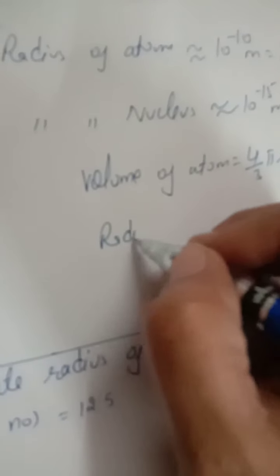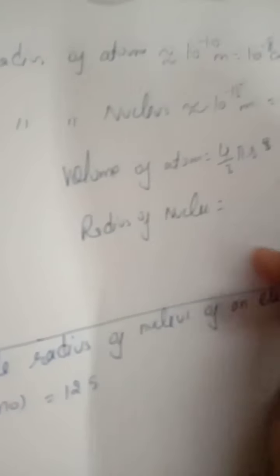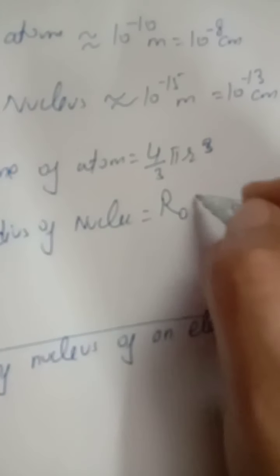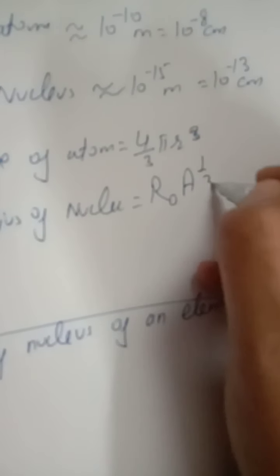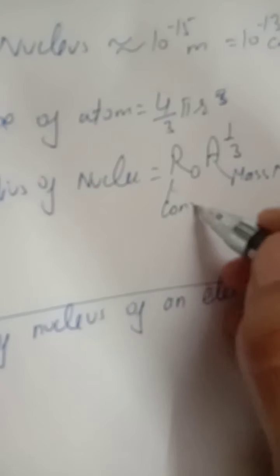And volume of atom is equal to 4 by 3 pi r cube. And radius of nucleus, you can find out if mass number is given. It has the formula r naught A raised to 1 by 3, where A is mass number and this r naught is a constant,